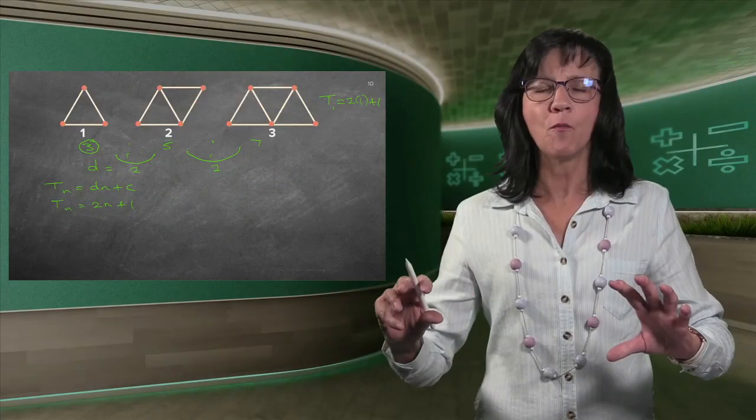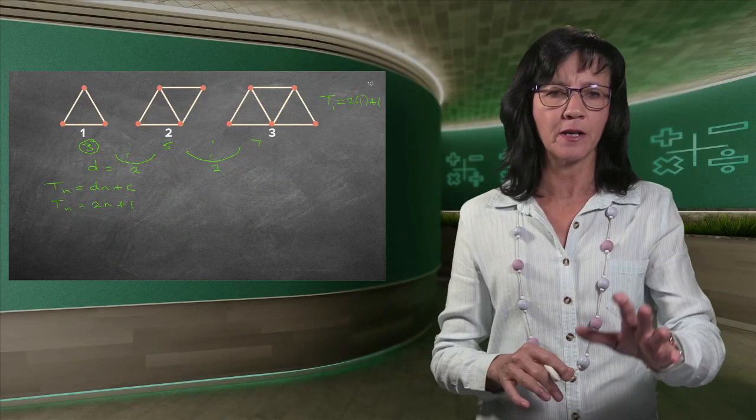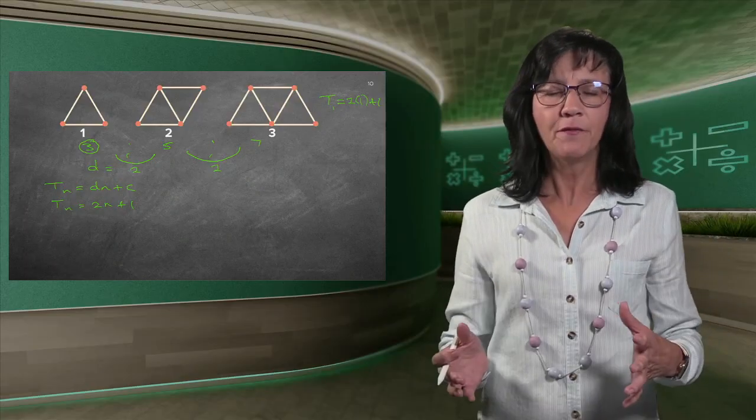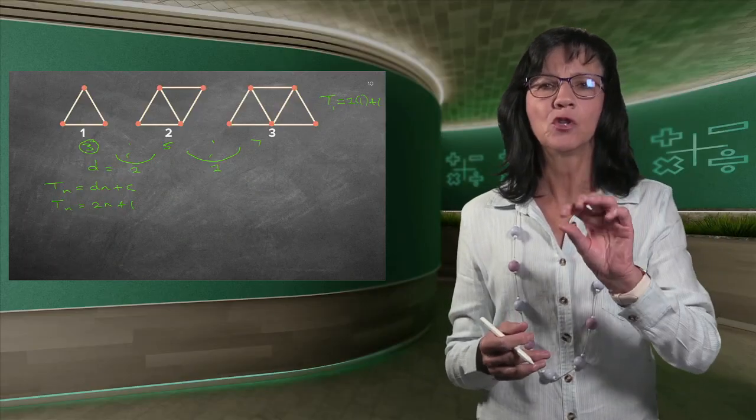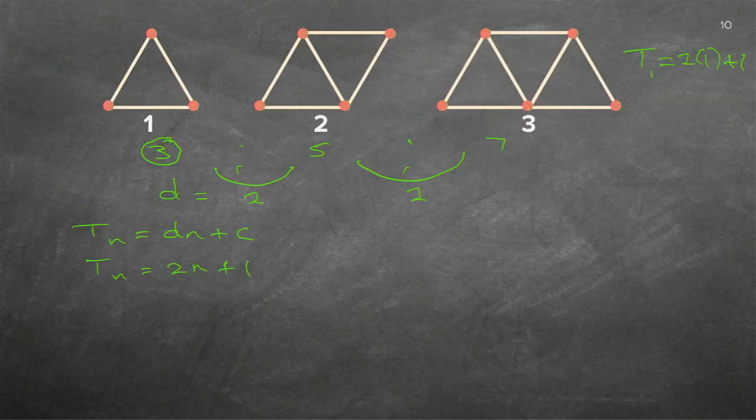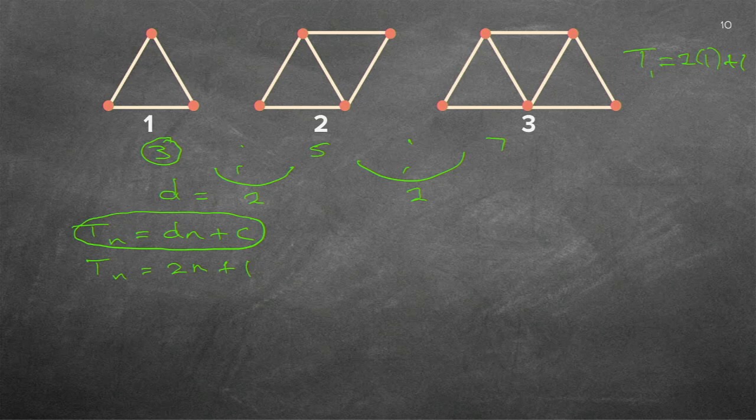The minute you've got your formula, they can now ask you whatever they like. They can ask you about the T or the N, whatever they want, or greater than or smaller than, because you've got your formula. So what you always do, you write down the basic standard formula first, and then you see that you get that d and c, because those are the 2 letters that need to be values. So I've got it now. So what did they ask? The 50th. So all you do, you say 2, and all over where there were n's, you put in an empty bracket, the 50, and that gives you 101, and you can just write a neat answer. The 50th term will be 101.